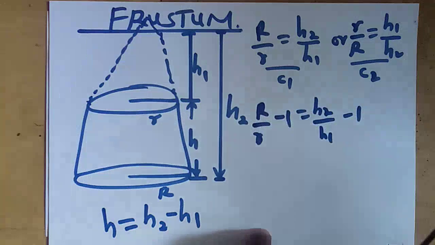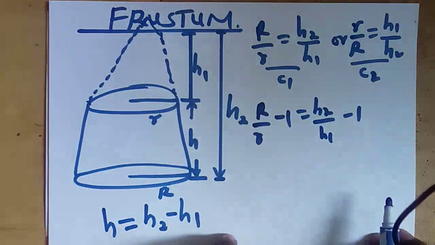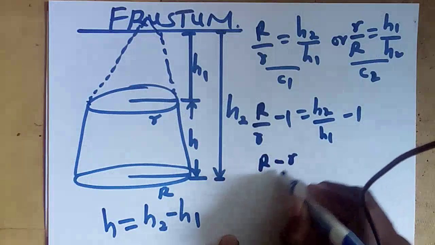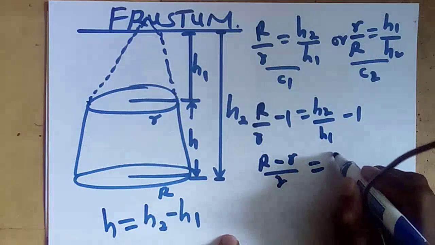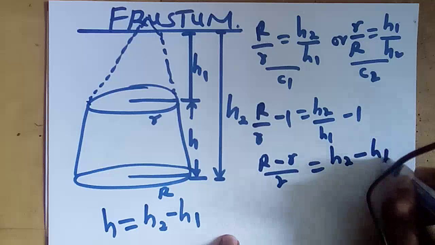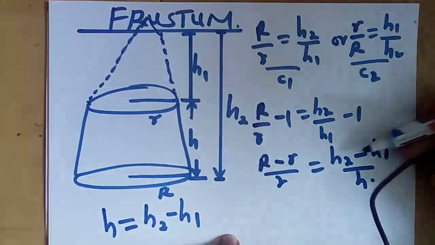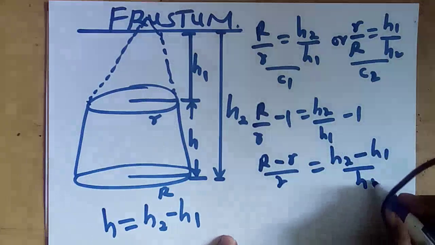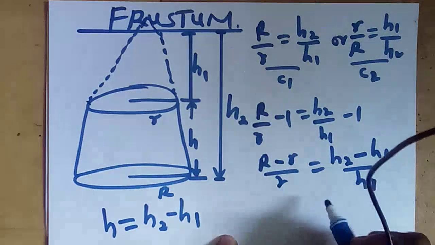Putting them together, we have R minus r over r equals h2 minus h1 over h1. But you can remember that h2 minus h1 is actually h for that particular case,